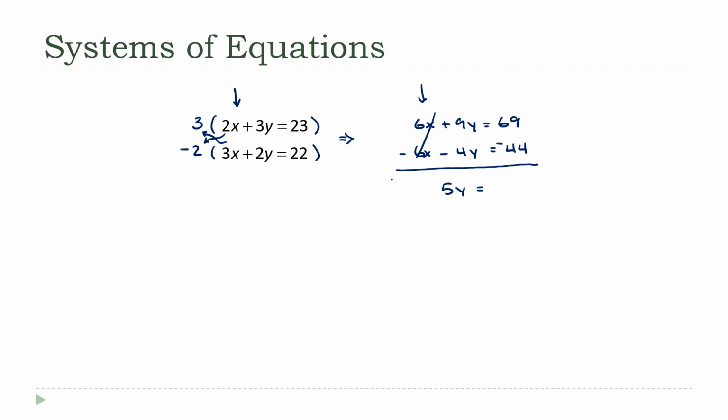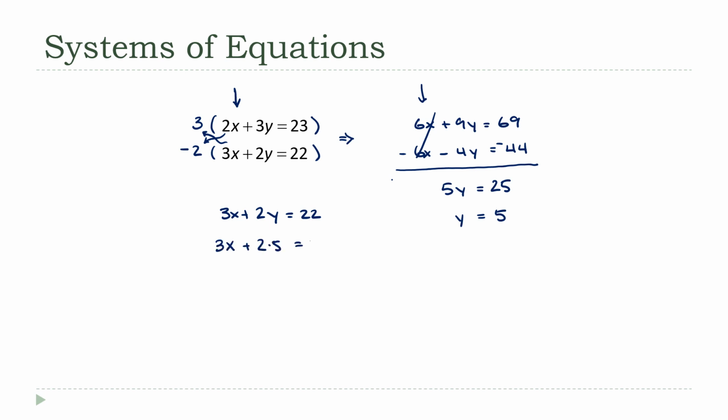equals 69 minus 44, that's 25. Now divide by 5, y equals 5. There we go. There's our first half. Now, pick one of the other two equations. I'll use the second one this time, just to kind of prove to you there's nothing special about the first one. So if we start with 3x plus 2y equals 22, and put 5 in here for y,